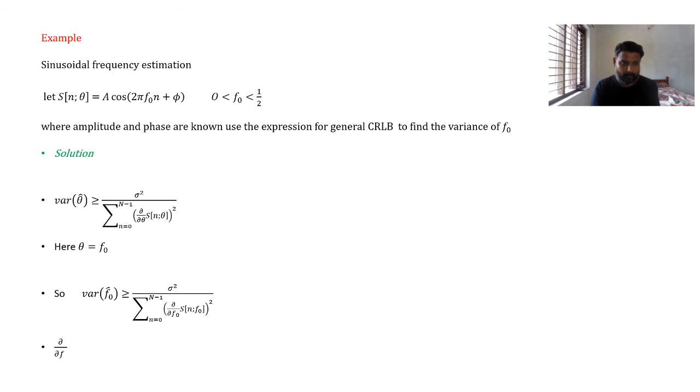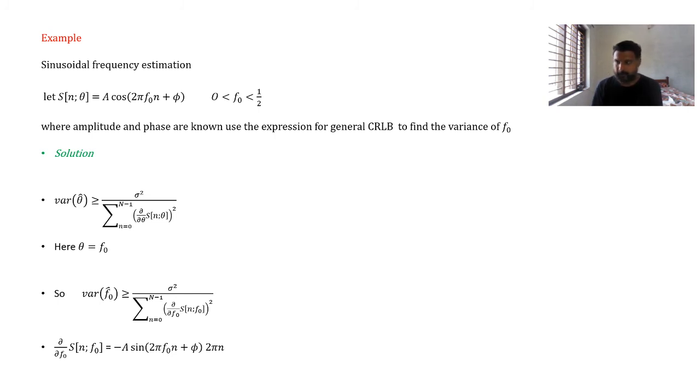Okay, ∂/∂f₀ of s[n; f₀] is nothing but minus, because the derivative of cos θ is minus sin θ, minus A sin(2πf₀n + φ) into 2πn, because with respect to f₀ only we are differentiating, so it will be 2πn. Okay,